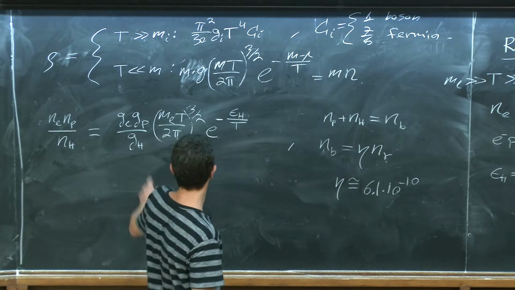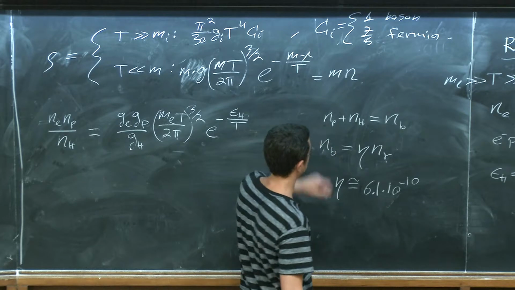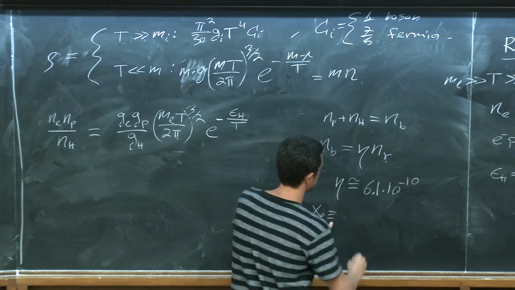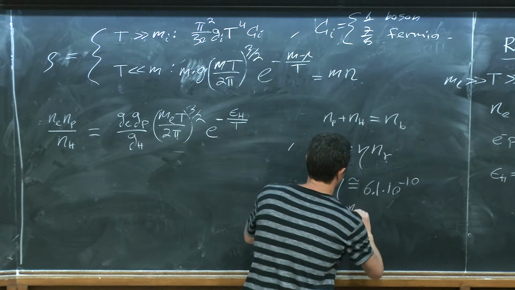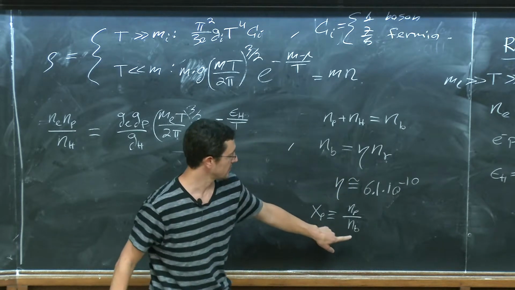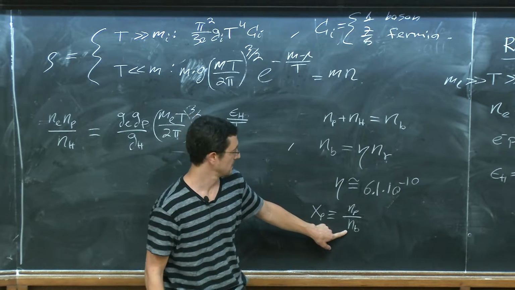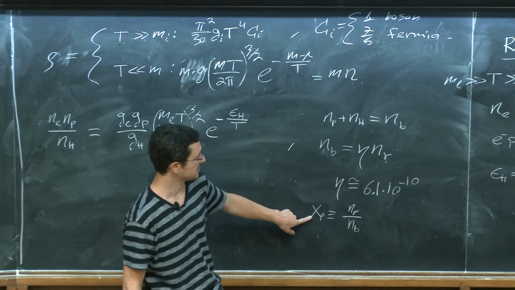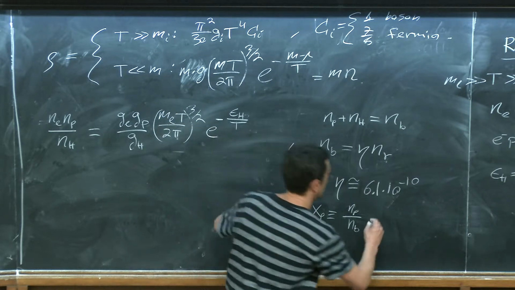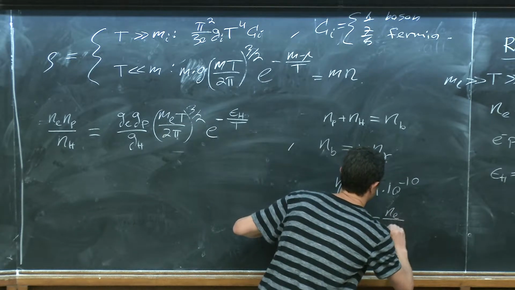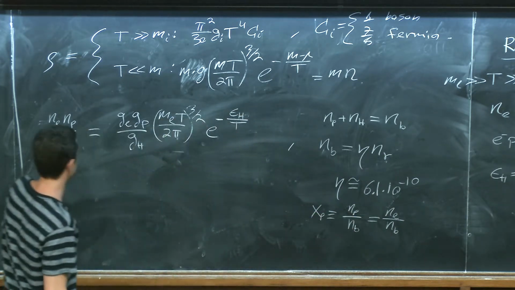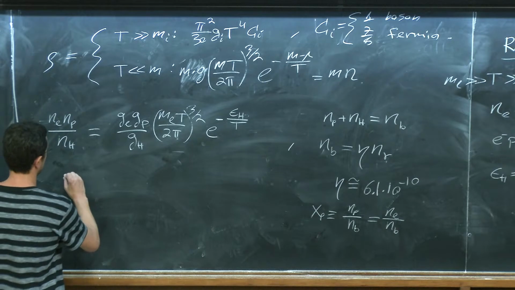Okay? So when I do these replacements, it's also convenient to define X_P as the fractional ionization. So this will be N_P over N_baryon. So of all the baryons, which I'm assuming are all protons here, how many are ionized? Okay, so this is the dimensionless number X_P. It can go from 0 to 1 for us. And this is also equal to N_E over N_B because the plasma is neutral. Okay, so this equation I can now rewrite in terms of X. And it says